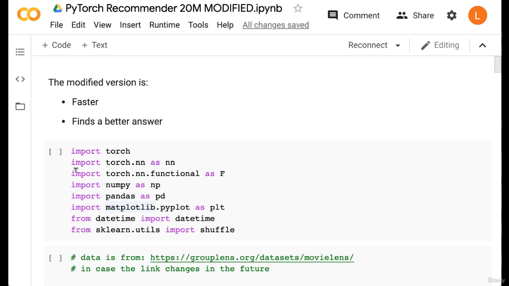In this lecture, we are going to look at a modified version of the recommenders code. This notebook will make some major improvements on the previous code, and also I will talk about how I discovered what modifications to make. This lecture is going to walk you through a prepared Colab notebook, although a very good